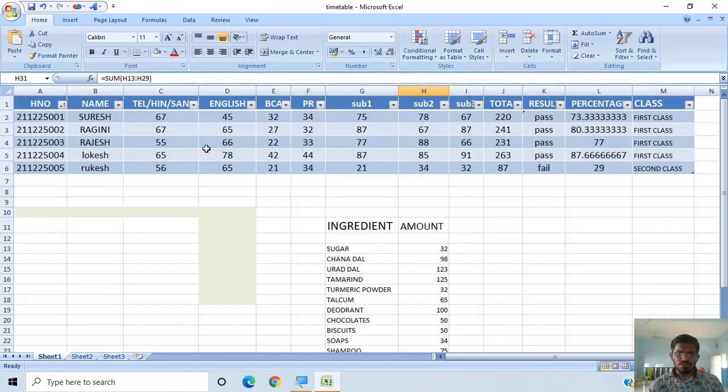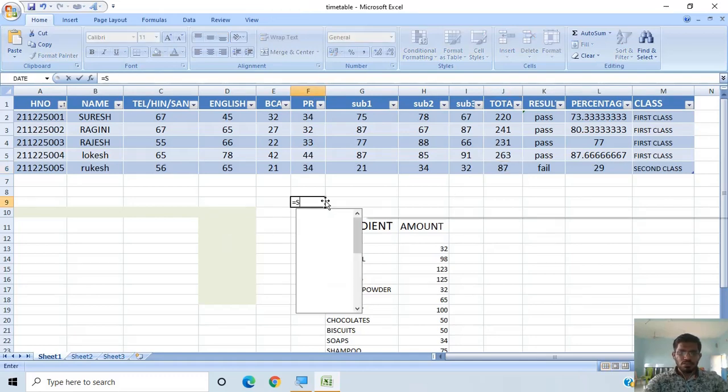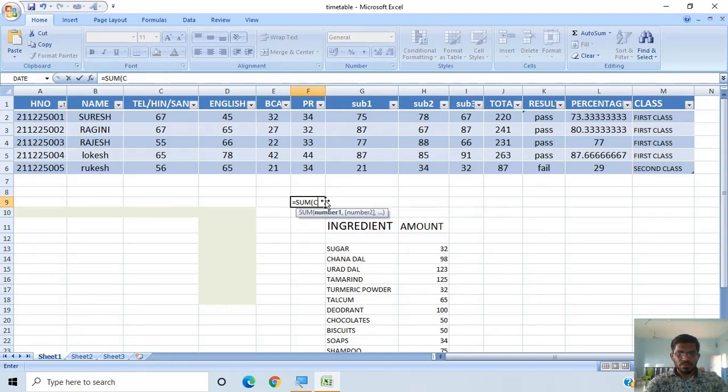For rows also, if you want to calculate all these, you will write from here itself, that means C6 to J6. For example, I am writing here equals sum of C6 colon J6. See, all of them have been selected. The total value of 56 has also been calculated, and it provides the output value here. So there are two ways to calculate the values.